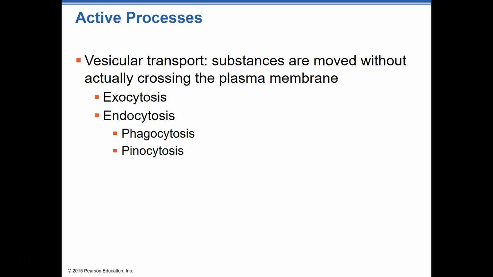So, another form of the active transport process is vesicular transport. And that's basically moving substances in and out or across a plasma membrane through two means, exocytosis or endocytosis. Basically, exocytosis is where we have a substance that's inside a vesicle inside of that cell. We take it out to the edge of the cell membrane and we basically set it free. Endocytosis is where the cell actually grabs a hold of something, that membrane kind of drinks it in and brings it in as a vesicle.